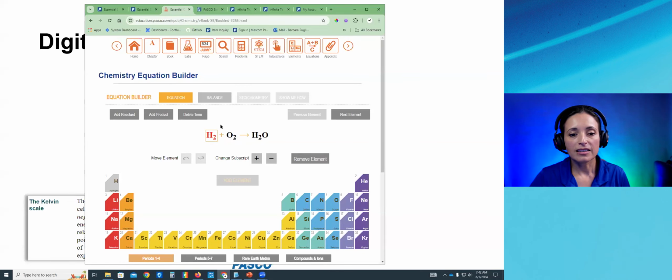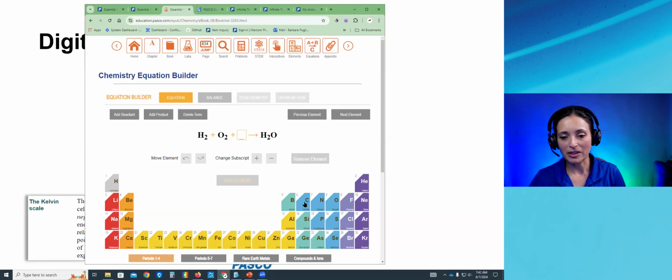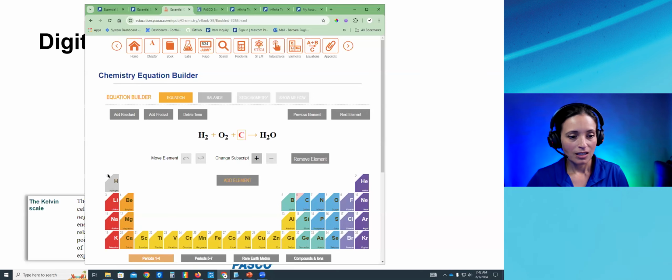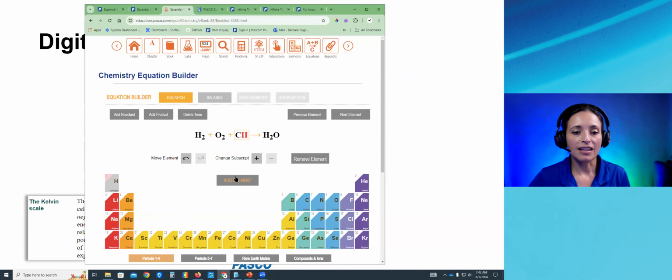I can add compounds or elements to the reactant side of the equation if I click add reactant. It starts out with a blank box. Let me just put a random element in there just so you can see what it looks like. I'm going to pick carbon. I've got now a pink triangle on the carbon, and that tells me if I hit add element, that's what's going to go in there. Heck, let's make this a hydrocarbon. Let's just for fun tag hydrogen now, and we're going to add that. And it put it with the carbon because I still had the carbon selected when I hit the add element